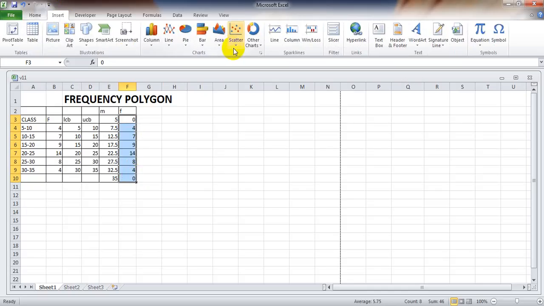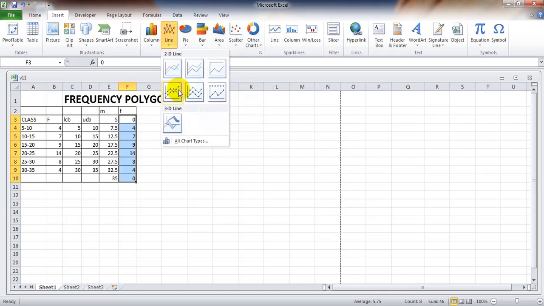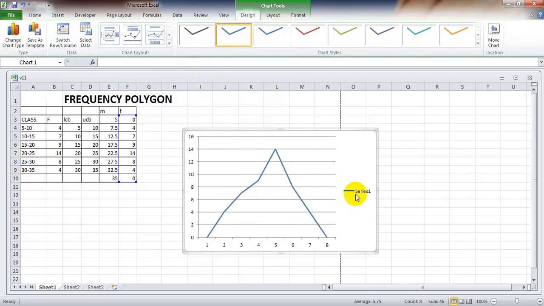Click on insert, scatter. No. We are not using scatter, we are using line, then line with markers. This is option number 2, 2D line with markers, and choose the design style, layout,